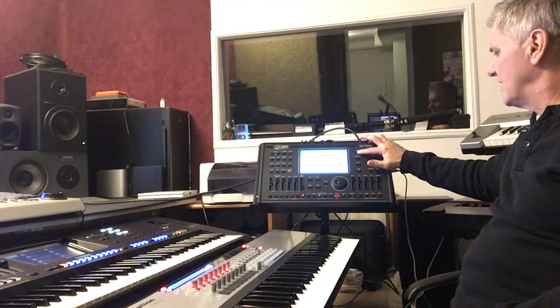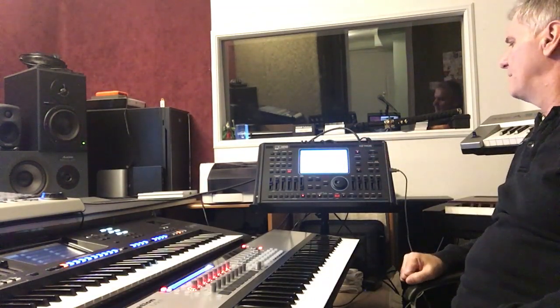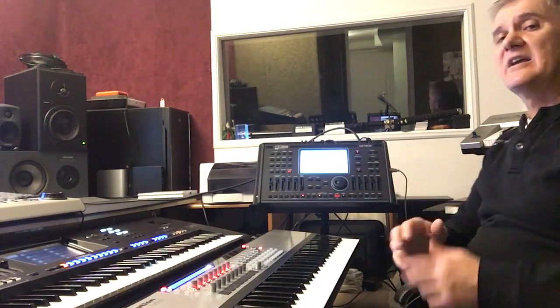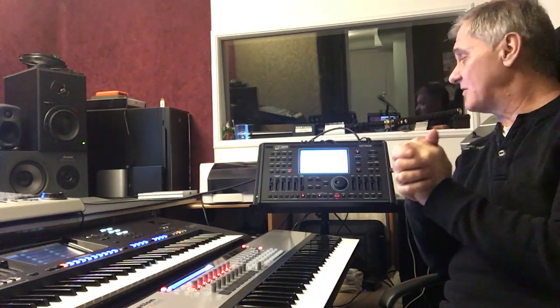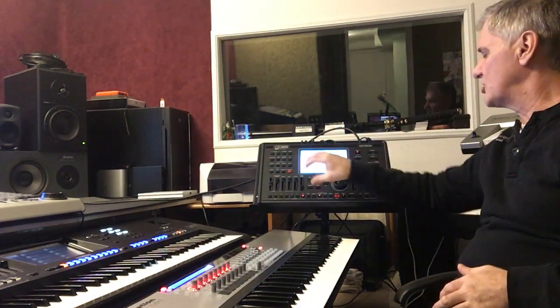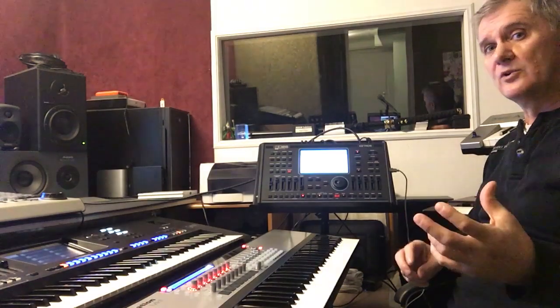I will mention the registration part, the registration memory. In Korg it is called songbook. In Genos, registration, and here it is registration. It is actually a songbook. We are combining sounds, rhythms, some functions like speed, tempo, effects, and everything, and we are saving that in registration memory. And whenever we want to,